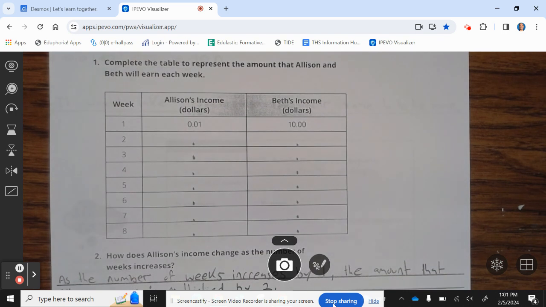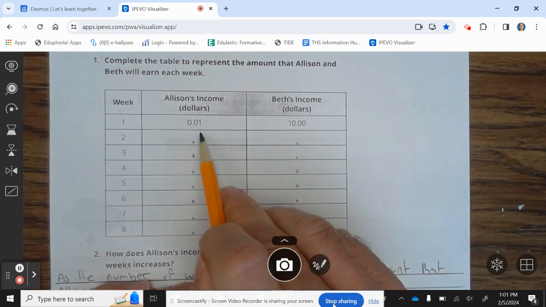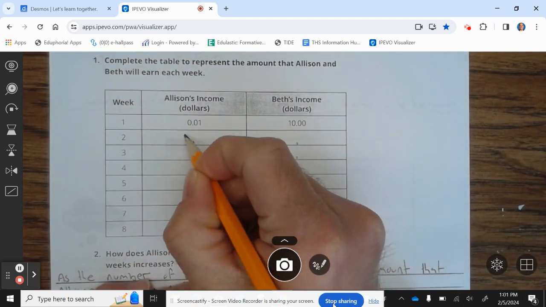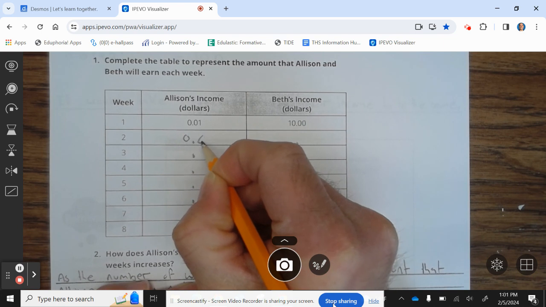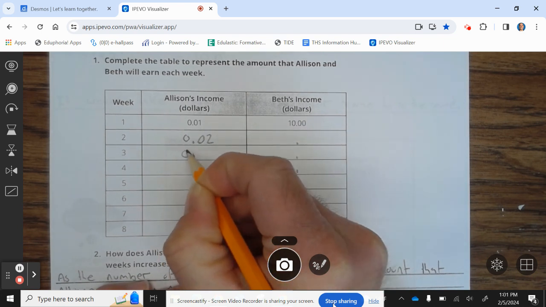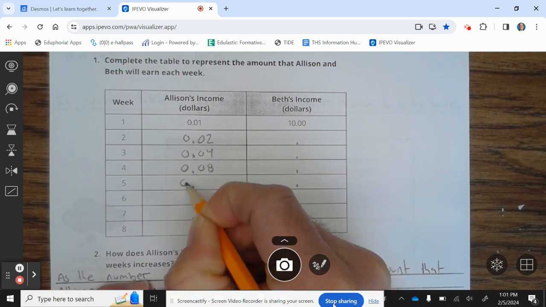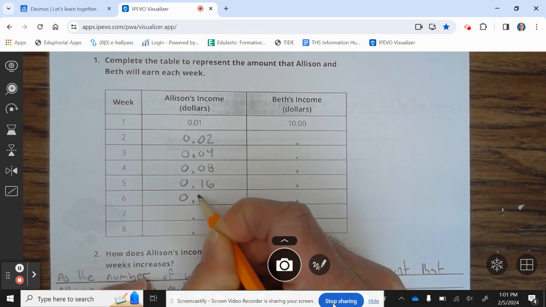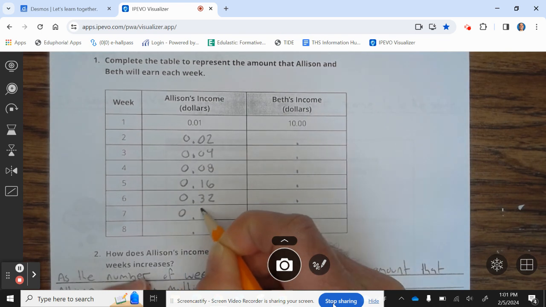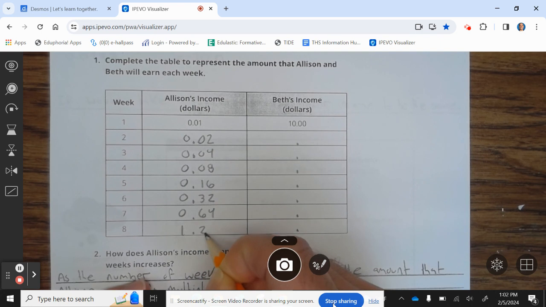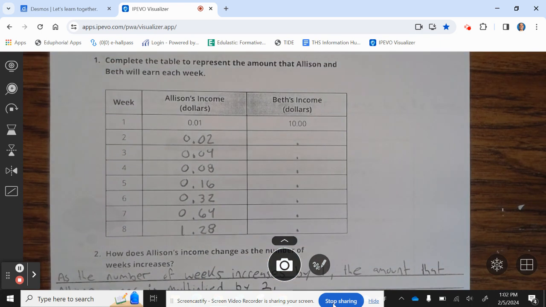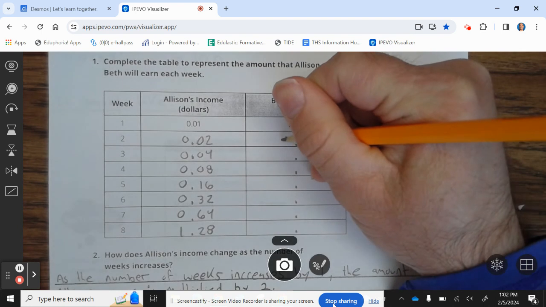All right, let's go and complete 1. Complete the table to represent the amount that Allison and Beth will earn each week. All right, so Allison will be $0.01, then 0.02, 0.04, 0.08, 0.16, 0.32, 0.64, 1.28. All right, and Beth will be $10, then $20,